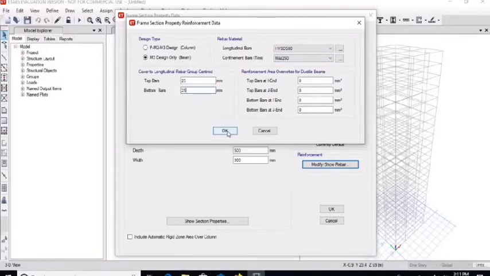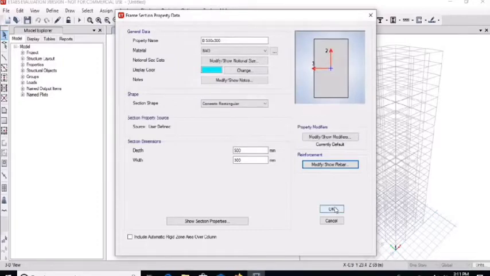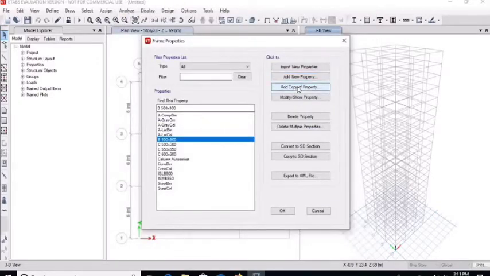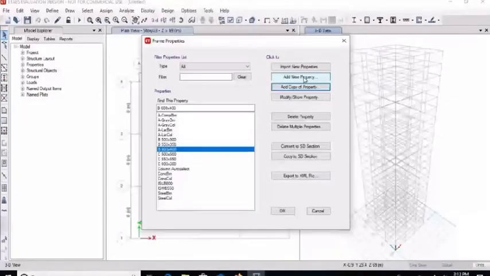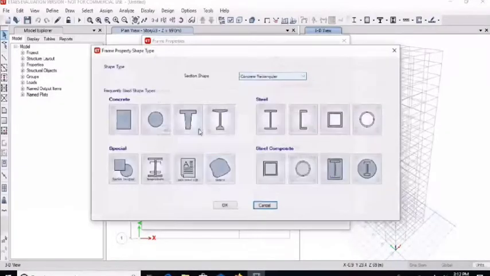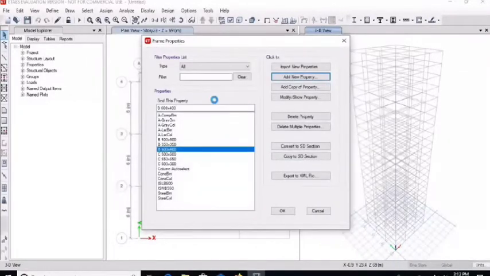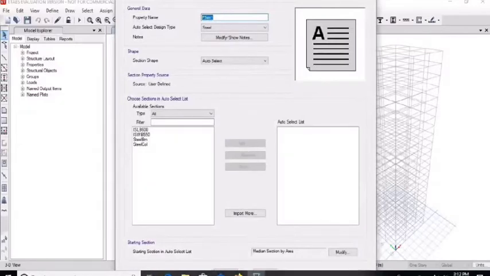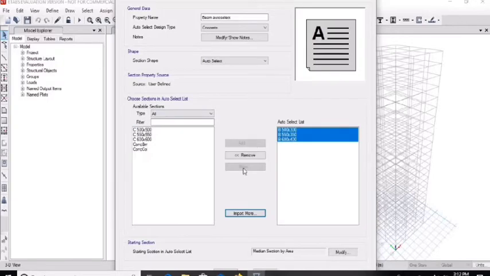Then click on OK. Again click on OK. Make the copies of beam sections and then make beam auto select. Add the 3 beam sections and click on OK.